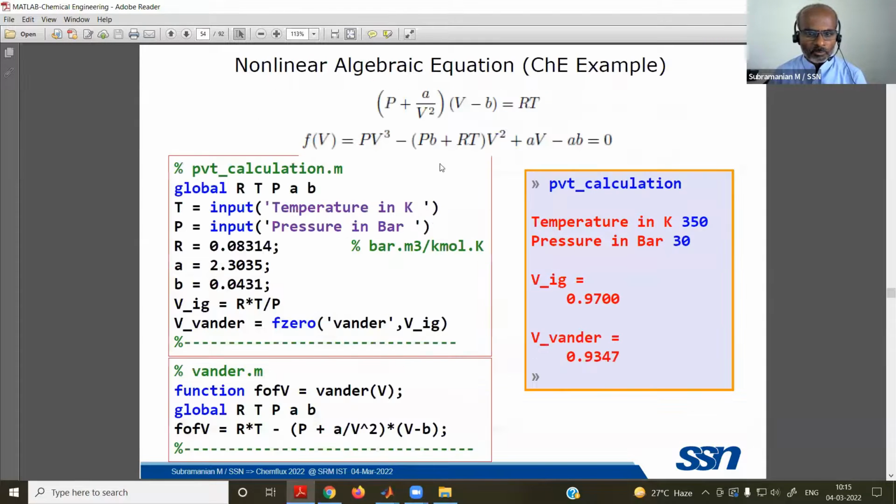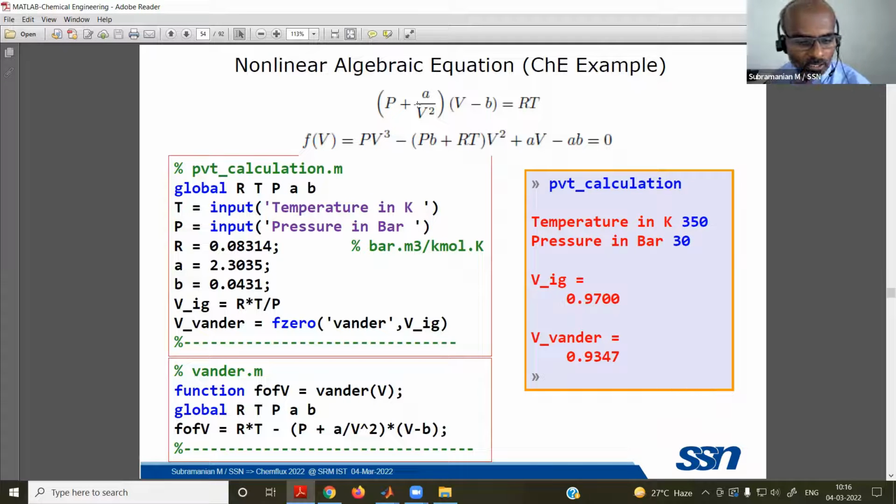So a nice example is our Van der Waals equation, solving for the value of v. Solving the Van der Waals equation for p or T is very straightforward, like the ideal gas equation, whereas solving for v is a trial and error solution, because you will have 3 roots of v. Obviously, it's a cubic equation. If you expand this equation, you will have a cubic equation in v. You will have 3 roots. So which root is the acceptable one? That is all for your discussion.